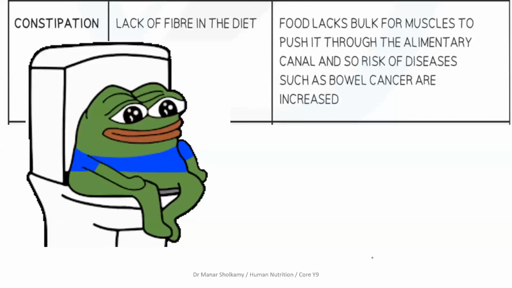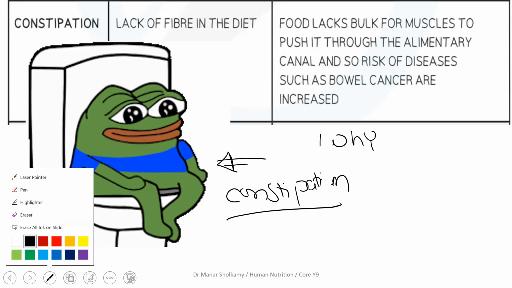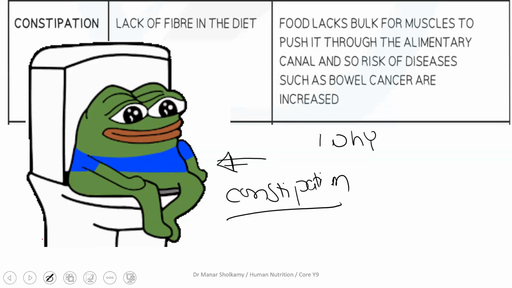Yes, here, this friend of ours, he has constipation. Constipation. I cannot explain it more than that. He has problems going to the bathroom. Why? Because he's eating lots of fiber or very little fiber? Little. Very little fiber. His food is McDonald's and French fries and pizza and ice cream. Very unhealthy food. No fiber.